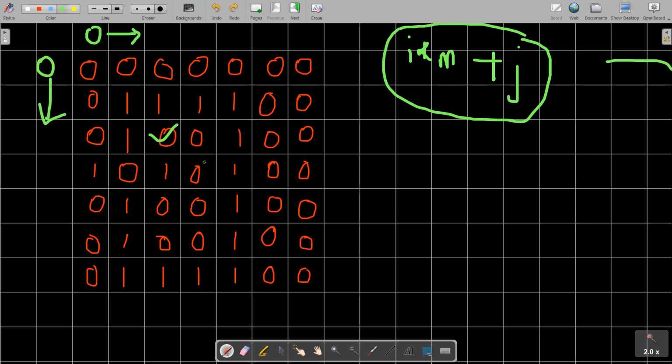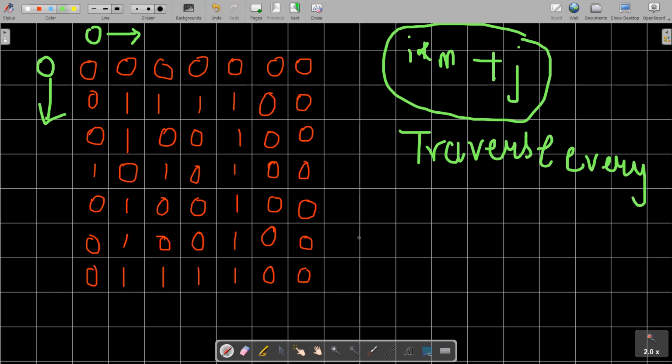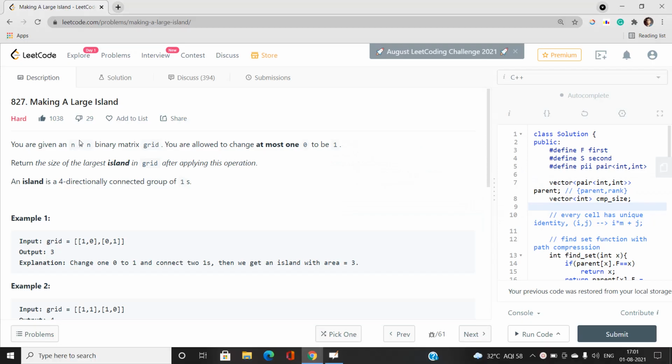Now what I'm going to do is traverse every cell in the entire matrix. Suppose we are at this cell. According to the problem statement, an island is a four-directionally connected group of ones.